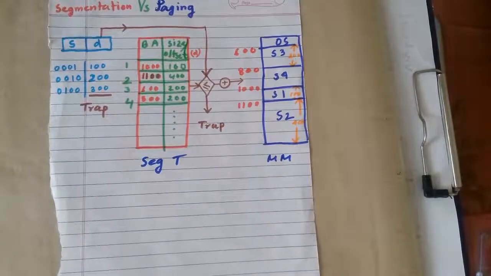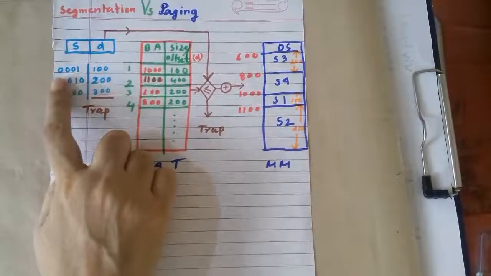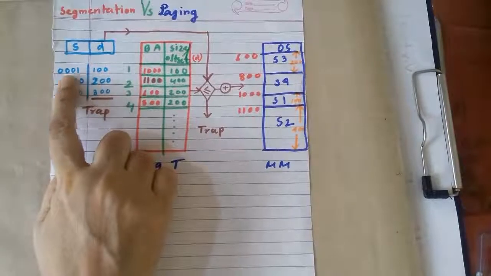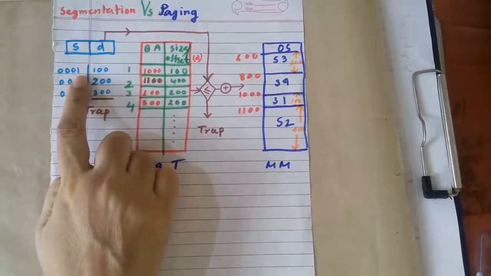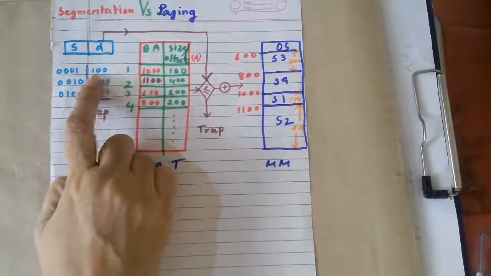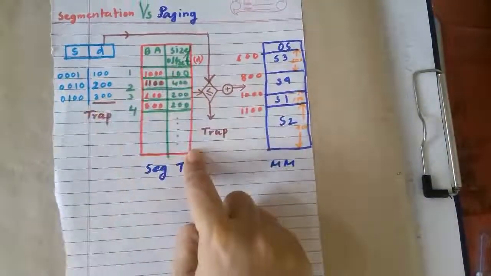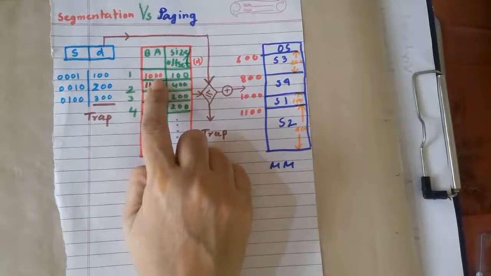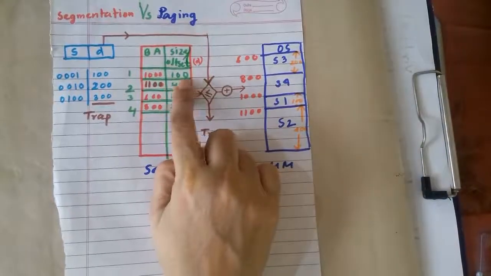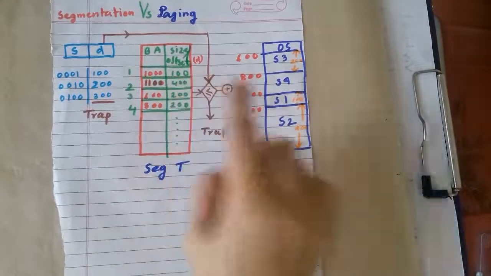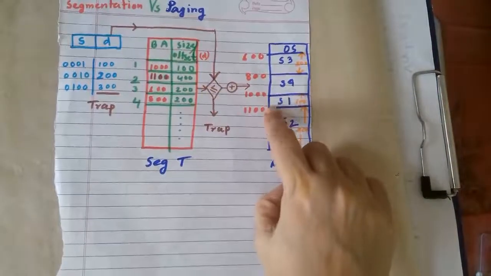So we can easily understand, if the CPU is generating the address, how the CPU will generate the segment address. It is byte addressable. So if it is addressed by 4 bits, what will happen? It will be 0001, and the segment address is 100. So the base address will be checked. Yes, in the segment table the 1000 location is there, so we can take this from the main memory, it is already loaded. And how much is the offset or size, like how much memory we should take for that request? From 1000 we should take 100.